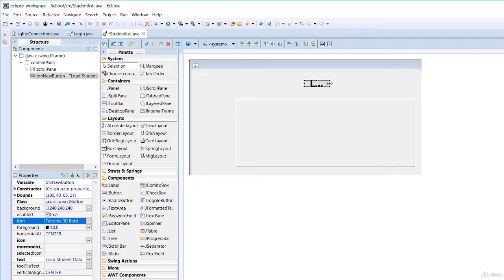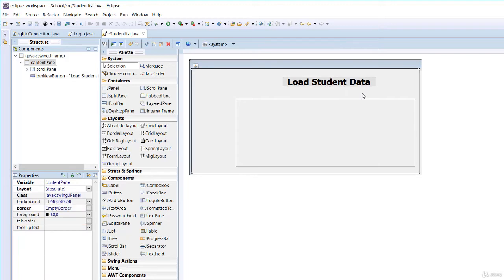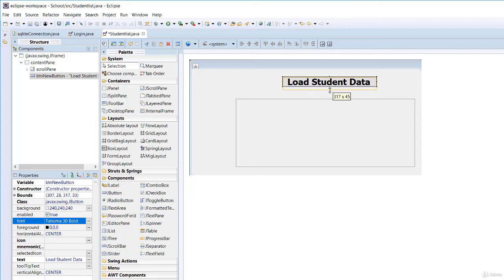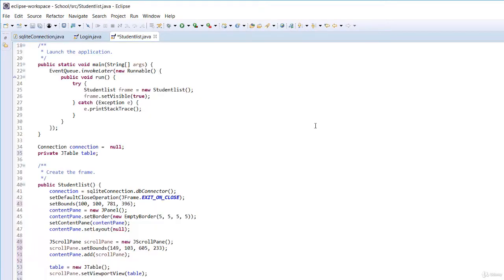All right, so let's go ahead and stretch this to be big enough. Load students data. Can bring this down again. Okay. So once you double click on the button,